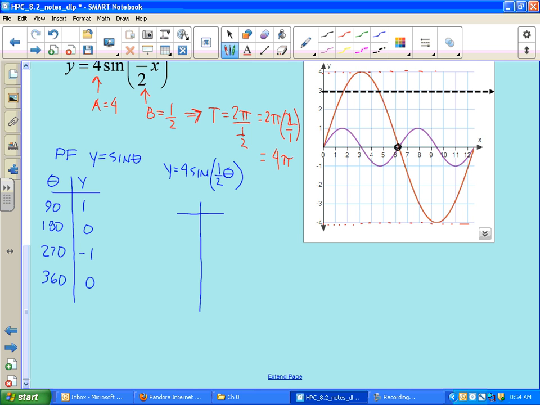Well, first of all, our theta and y from our parent function. Remember that the a value is a stretch factor for your y's. So what happens is all of these y values multiply by 4. And we produce over here